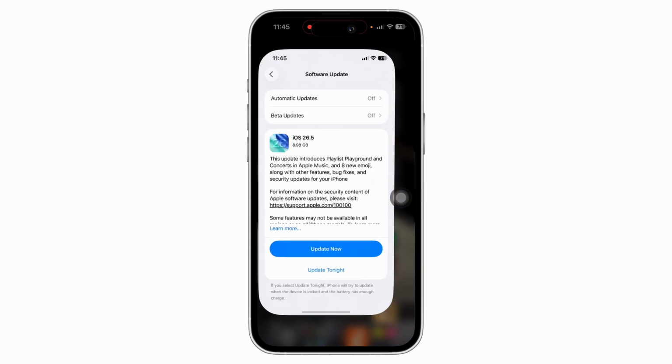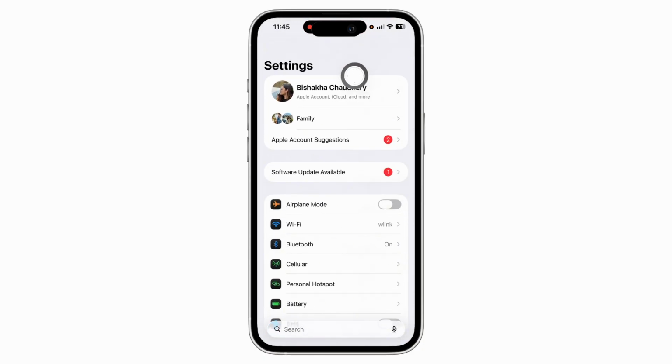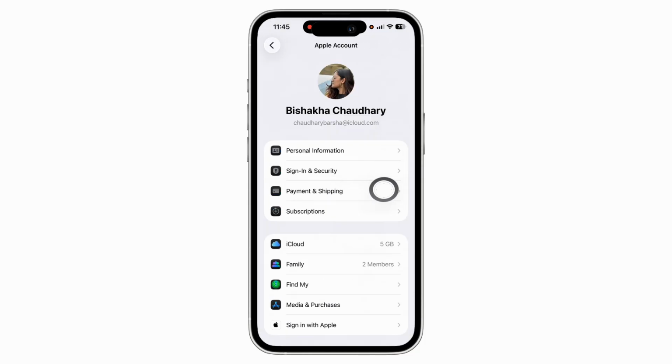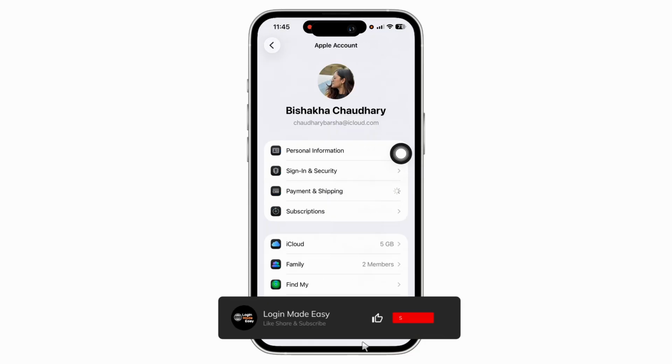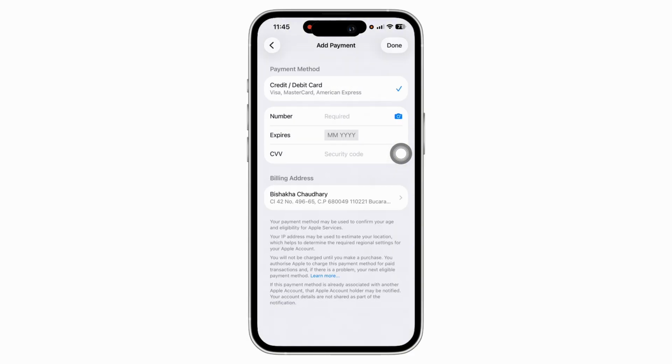First things first, launch the Settings application on your device and then tap on your name on top of your screen and then tap on the Payment and Shipping option you see there. Here, go ahead and verify that your card details, expiration date and billing addresses are correct, and if not, then correct them. You can also remove and re-add your payment method if necessary, or you can also add a completely